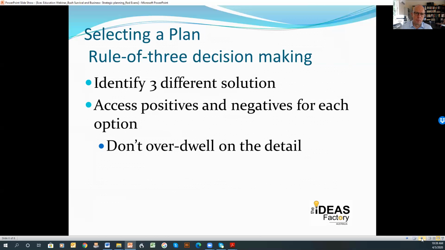You just pick up the main things that hit you straight off as being the pros and cons for that scenario. Once you've completed pros and cons for the first plan, you do pros and cons for the second plan, pros and cons for the third plan. Once you've done that, you then pick one of those plans, and having picked one of those plans, you then stick with it.